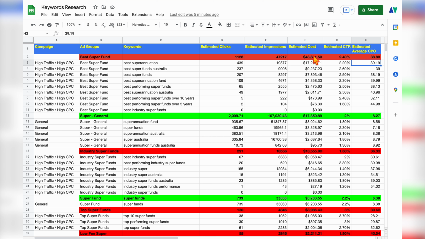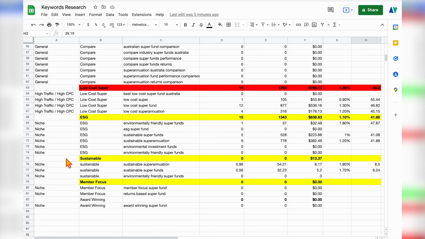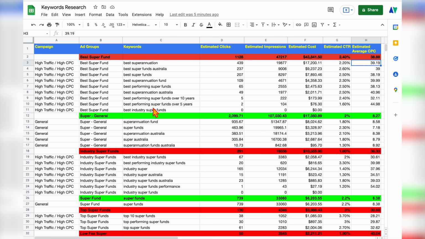But what the issue is, and what many people forget to consider, is the estimated CPC and also the estimated cost. So I've already gone through and broken these out into some different campaigns, and we broke them into 3 different campaigns: a high traffic and high CPC, a general campaign, and then our niche keyword campaign. So when I'm creating campaigns, after we've gone through and actually allocated and set out our ad groups to only have one keyword theme in each ad group, I then also go through and actually have a look at the estimated traffic through the clicks and the impressions, and then also go through and have a look at the estimated CPC. Now I've color coded these, so if you can see the red ones, see what they all have in